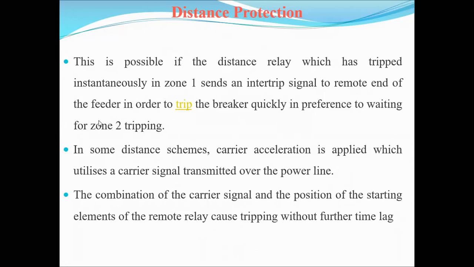Why? Because waiting for Zone 2 tripping means it gives that 20% of protection, and the remaining protection is the backup protection. That's why the breaker is waiting for the tripping of that Zone 2 protection. That 20% of tripping will be given by this Zone 2 indication. Why? Because we are setting these 2 tripping circuits, since normally some faults are cleared automatically and some faults persist for a very long time.